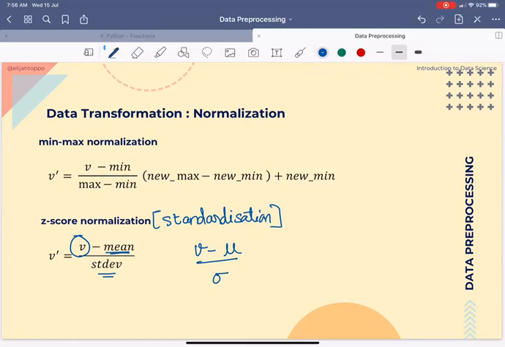Okay, so doing this operation will return to me v dash, and many times v dash is also called z. Hence, it's called z-score normalization. And this z is a very well-known term, especially when you talk about statistics. You may have heard of